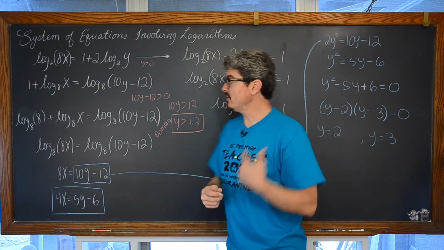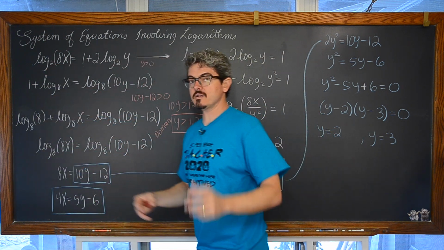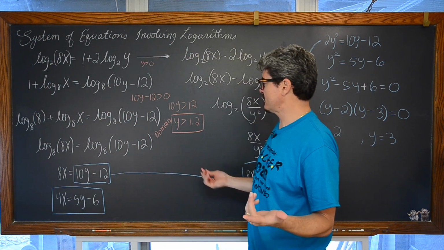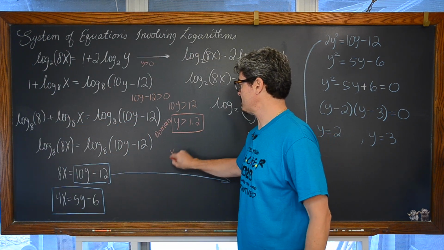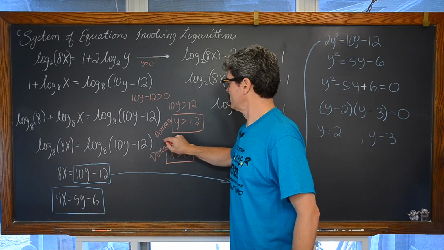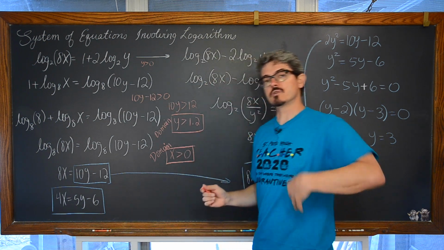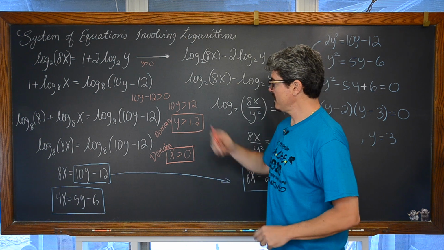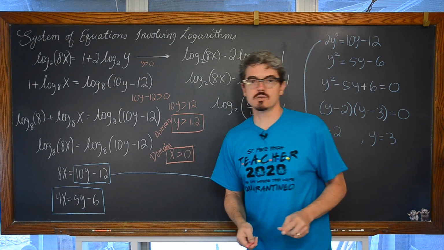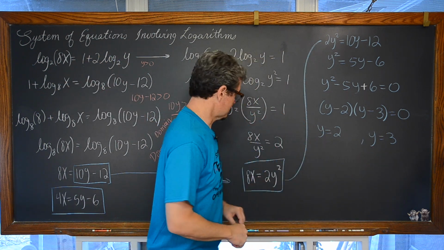And just like that, we have the x as well. In this log base 2, we have an expression of 8x, and we have an expression of x. The 8, in terms of domain, is not going to make any difference. We also have that x has to be greater than 0. So any solution that we come up with for the system of equations is only a valid solution, not an extraneous solution, if y is greater than 1.2 and, within each of the coordinates we come up with, x is greater than 0. So both of these are going to be okay for the domain of each of these functions.